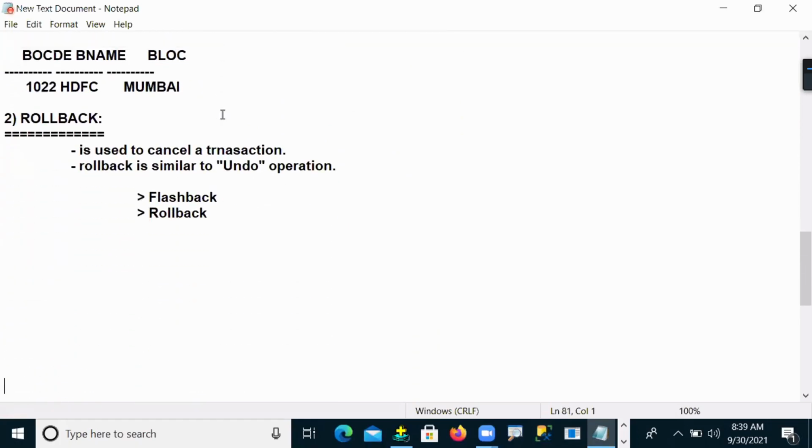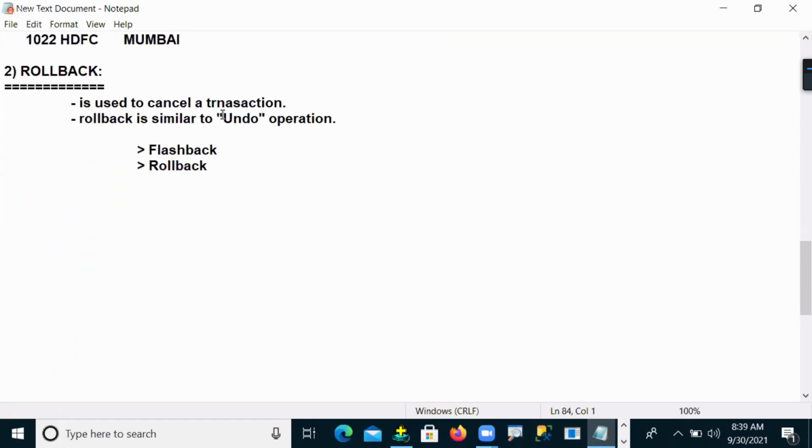If rollback and flashback were both the same, then why would people introduce rollback again in TCL commands? Just logically think. Flashback is already there. If they introduced rollback in TCL commands, it means there is a difference. Otherwise, why would we introduce it here? Point is getting across now. So that's why flashback and rollback are different.